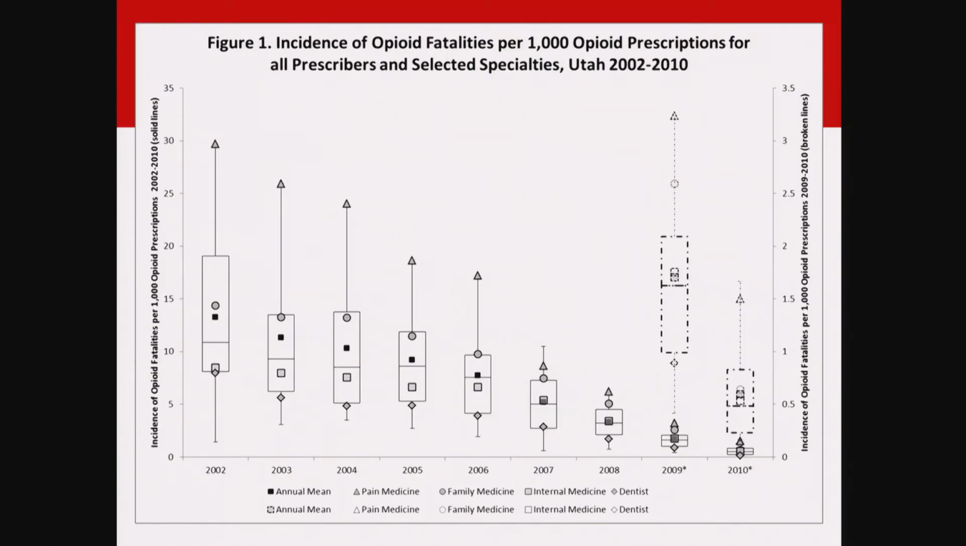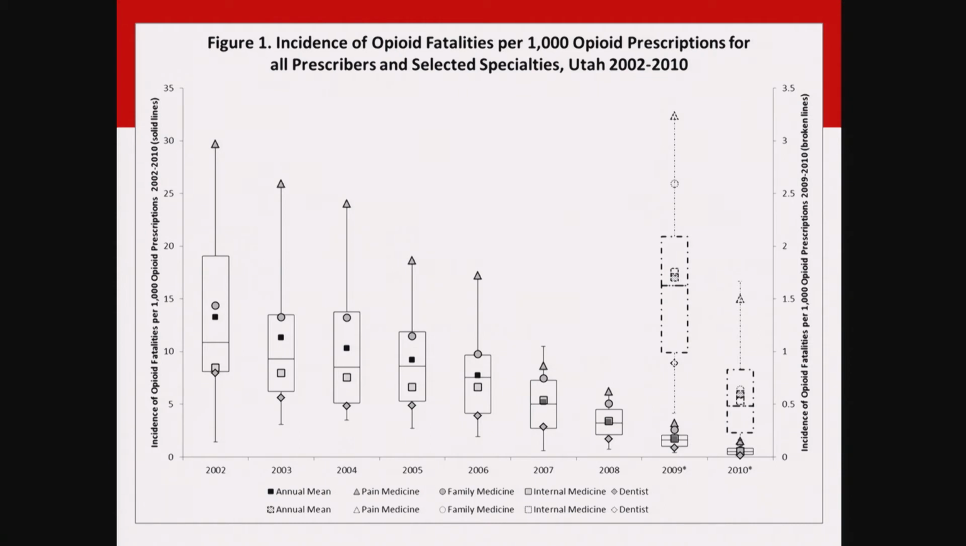Okay, stick with me here. Left-hand vertical axis is the incidence of opioid fatalities per 1,000 opioid prescriptions by physician specialty, and the range on the left is 0 to 35. And all the solid lines are on this axis. We saw a big decline in fatalities in prescribing over the years of data studied. So the right-hand most years, 2009 and 10, are all squashed together. So we have a second right-hand axis, which ranges from 0 to 3.5, and the boxes with broken lines go